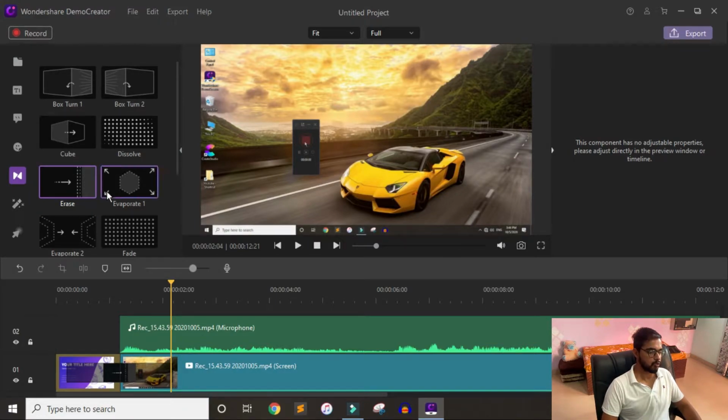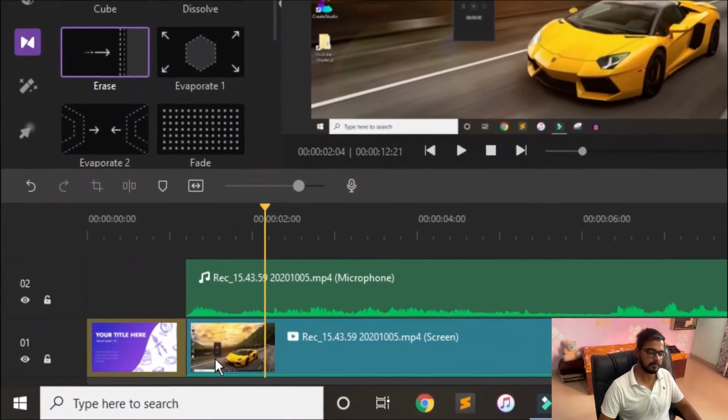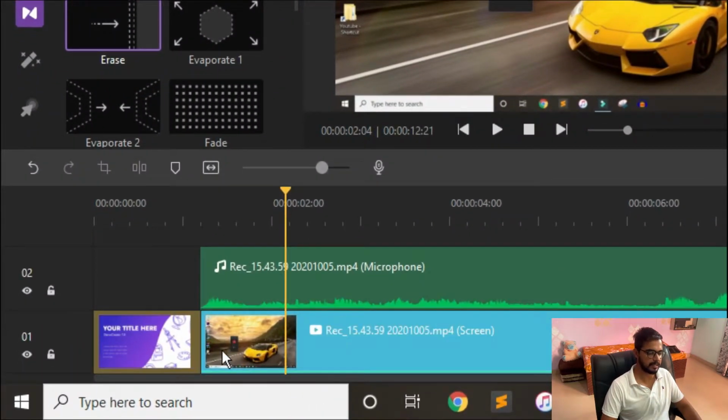Anyway, so I have applied the transition. The first thing that probably a lot of video editors do is split the video, starting of the video, that is also known as the trim. So for the trim, I've applied a transition that I want to delete, so I will right click on it and then remove. You can also press the delete key.